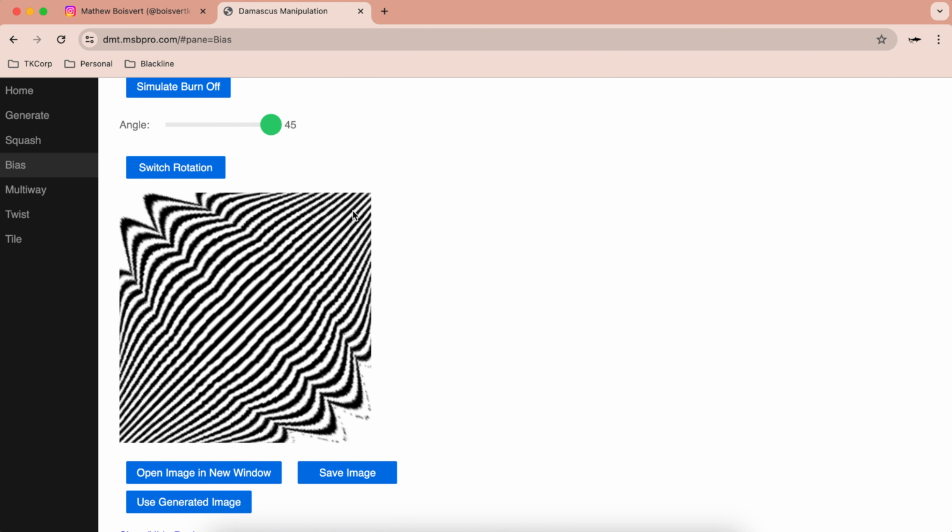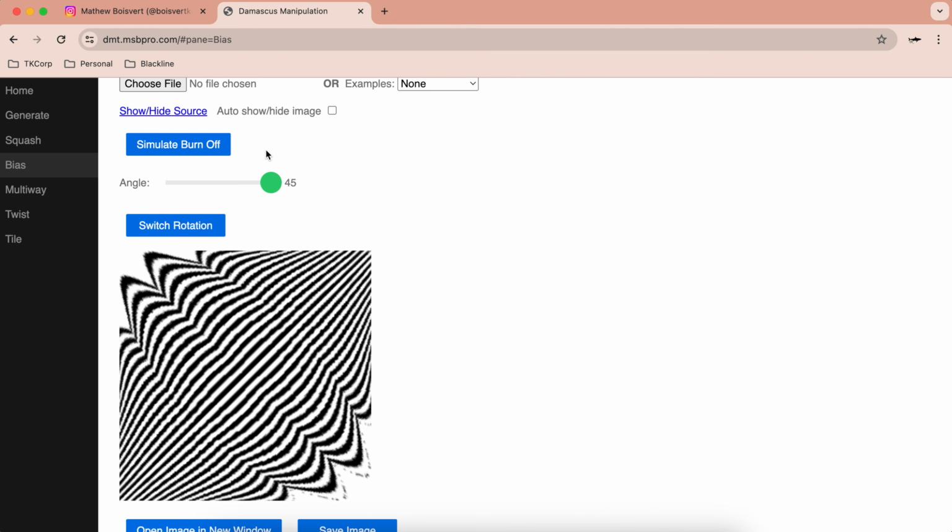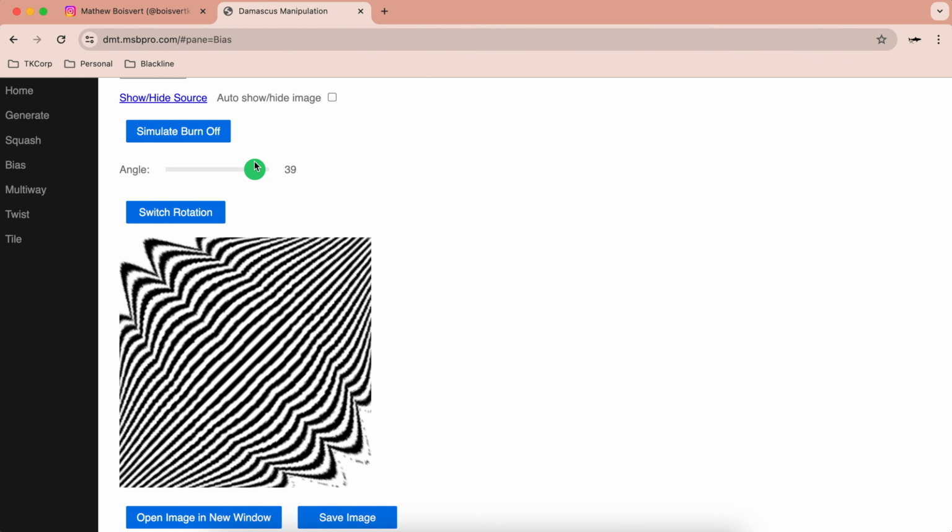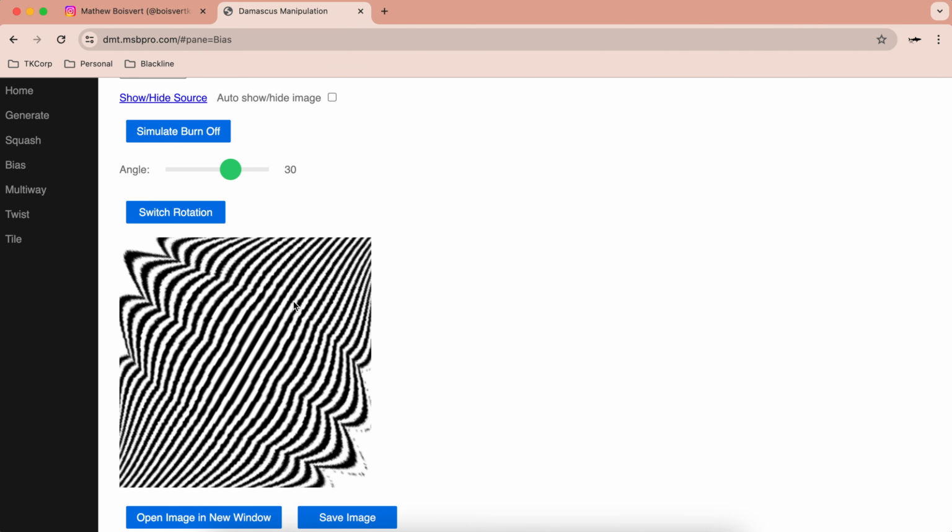So this lets us basically change the shape of it. We had it stacked up vertically, but now we've just biased it 45. So we basically re-squared it on the 45. Okay. You can change this and you'll see that it just kind of morphs that angle basically in what you put in here, which is pretty cool. And you can switch this, but